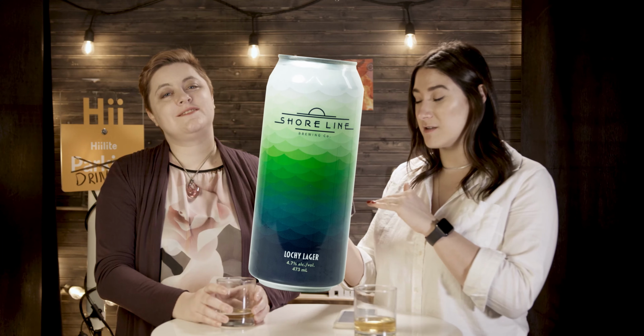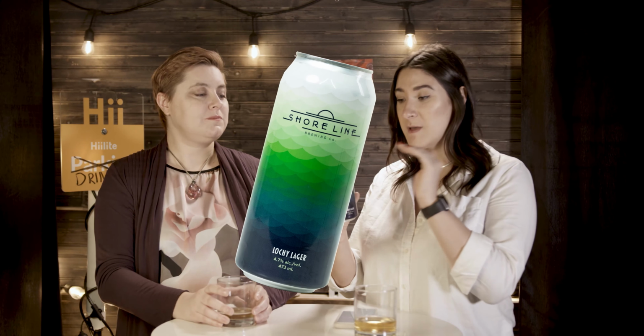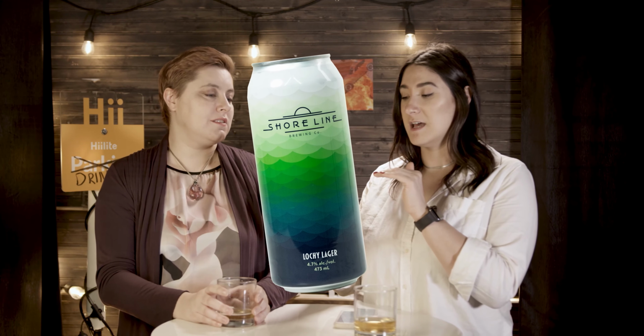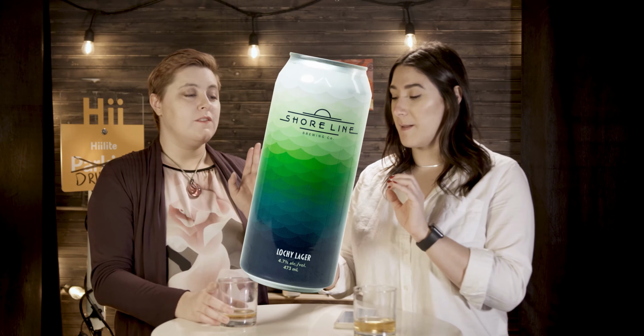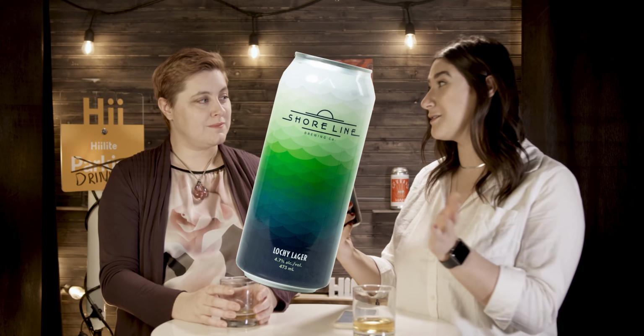But both of us were drawn to the gradient color scheme, as well as the fact that the can kind of looks either like fish scales or waves, one or the other. Or Ogopogo scales. The beer itself is named Lochy Lager, which...